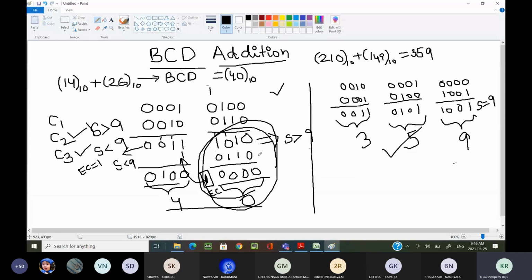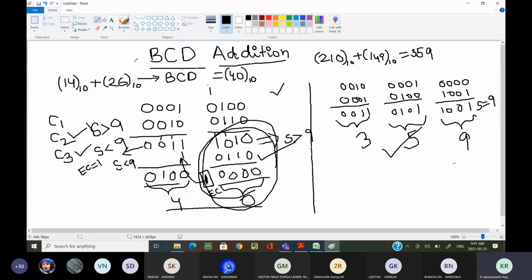The way we have done for 2-digit numbers as well as single digit numbers, here also the same thing. If you get an end carry after performing the correction, you have to forward that end carry to the next higher order digit. Are you understanding? Yes, sir. Okay. The same things.